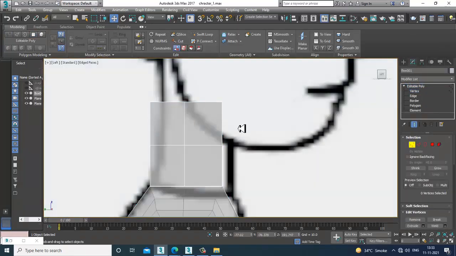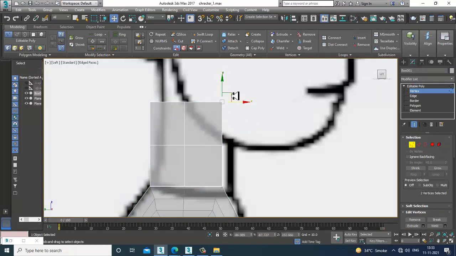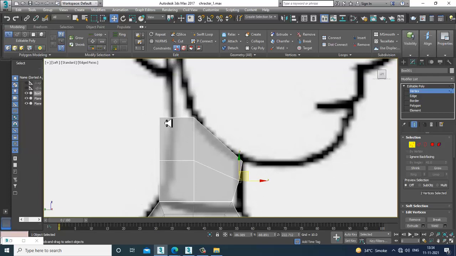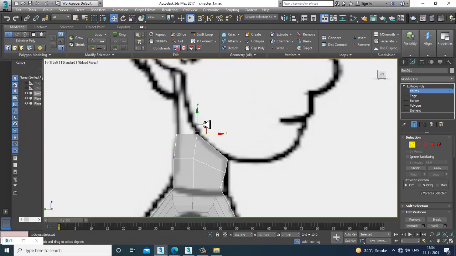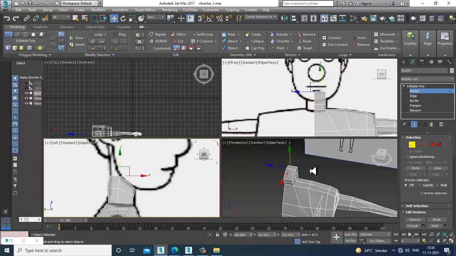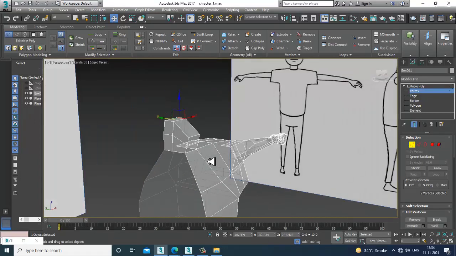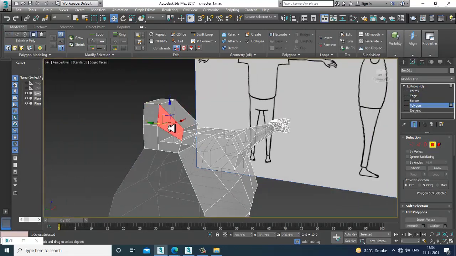So go into the vertices and adjust this in this way. Alright. Again go into these polygons and let's delete these polygons over here.